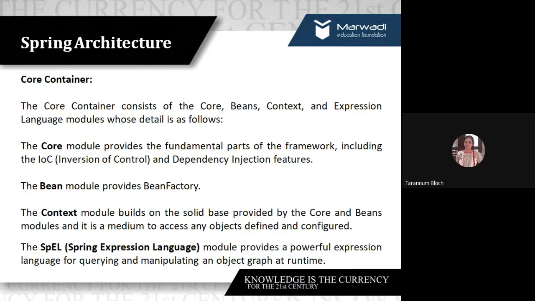Do you recall semester 3 data structures, where we learned that there could be tree and graph representation? The last line says about that. Object graph. So basically, we're talking about the data structure where your objects are held in the memory. So when you're using the expression language, it will provide you easy access.